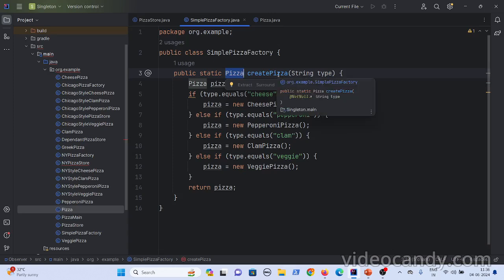Now let us think. You have one factory which is creating the pizzas: cheese pizza, clam pizza, veggie pizza. Now let us suppose you want to create more factories. This factory provides, let's say, New York style pizzas, and you want pizzas of Chicago as well.